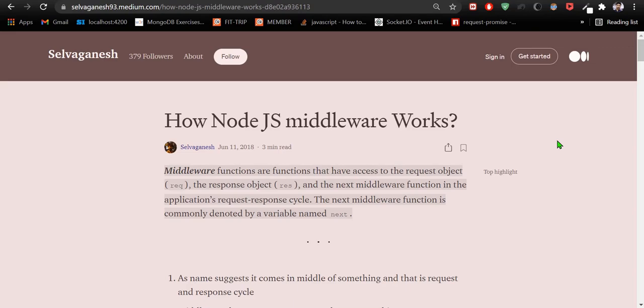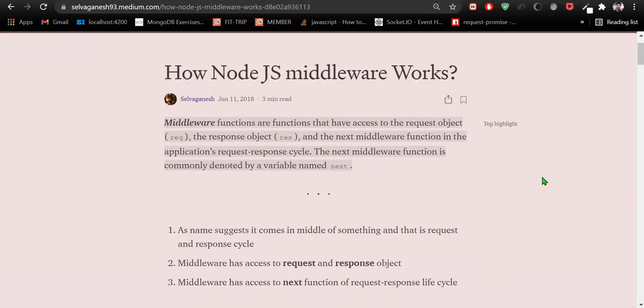In this video we'll learn how middleware in Node.js works. First of all, we'll go through the document and see what the definition of middleware is. Middleware functions are functions that have access to the request object, the response object, and the next middleware function. It has three accesses. In the application request response cycle,